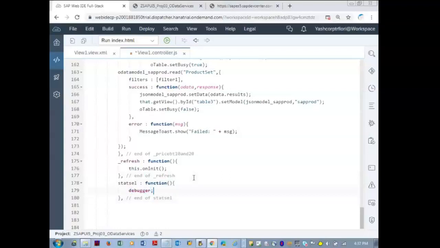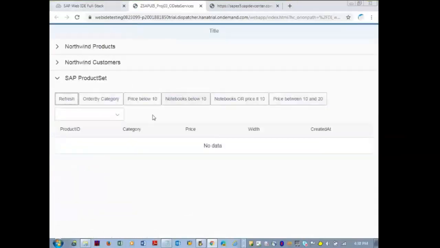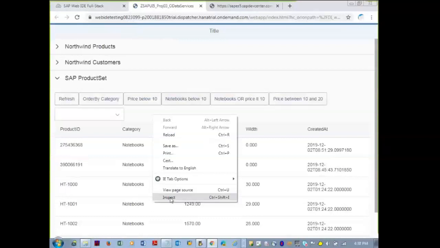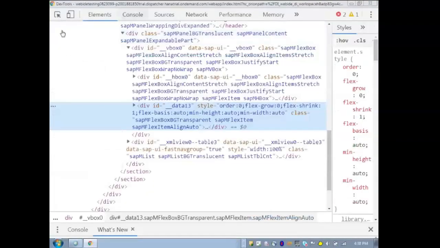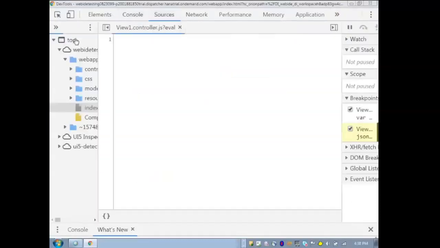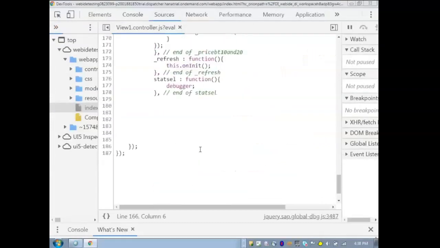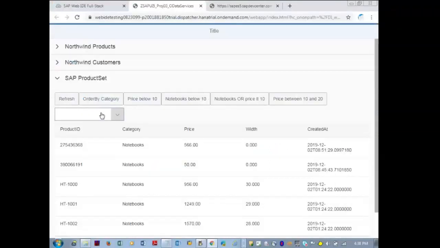Let me place a debugger. The event for this select is the change event.